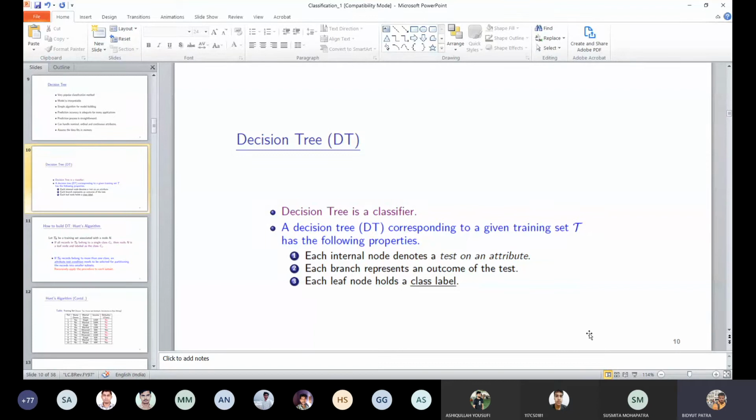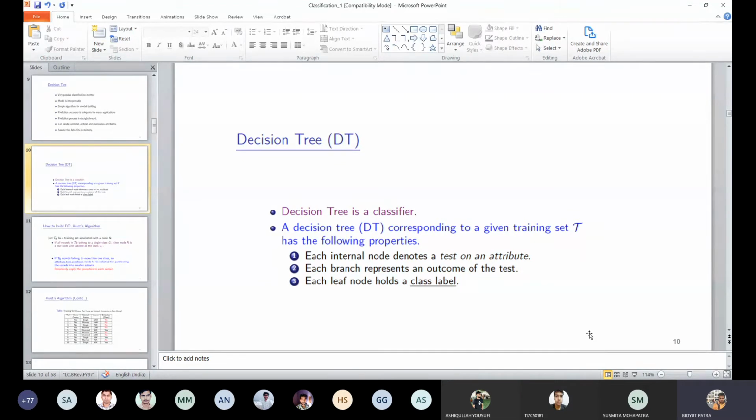A few minutes before, we have seen the decision tree, and the decision tree has the internal nodes and then leaf nodes, and then it has the branches. Now please note it. Each internal node denotes a test on an attribute. So each internal node is nothing but the attribute along with the test condition. Each branch represents an outcome of the test. So let's say income 80K: less than, and greater than. That means one branch is less than, the other branch is greater than or equal to. So therefore, each branch represents an outcome of the test, and each leaf node holds a class level.